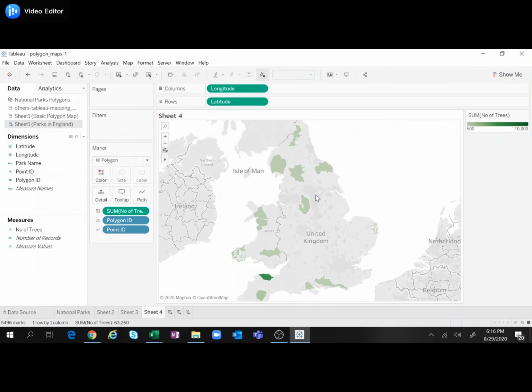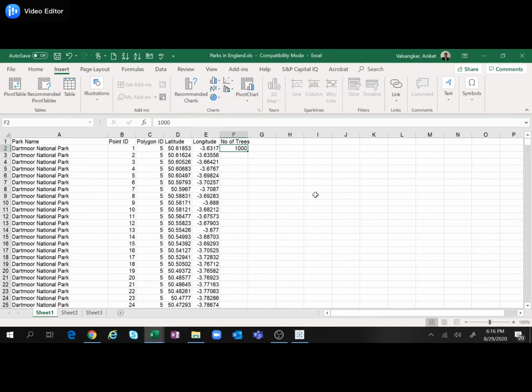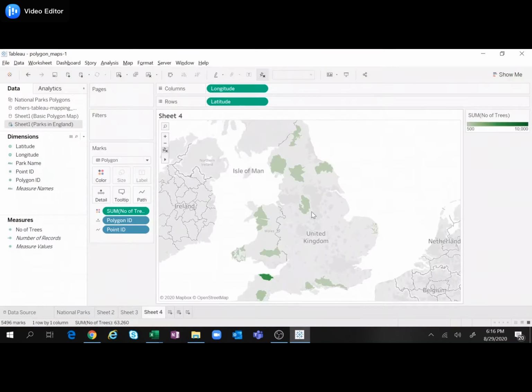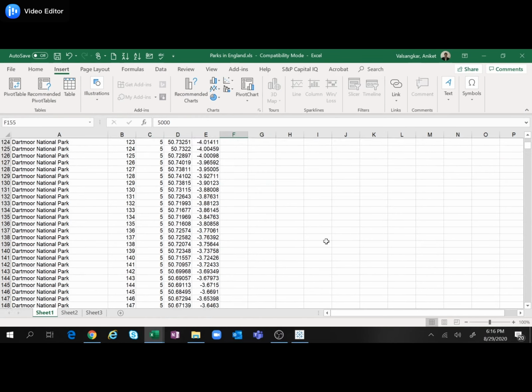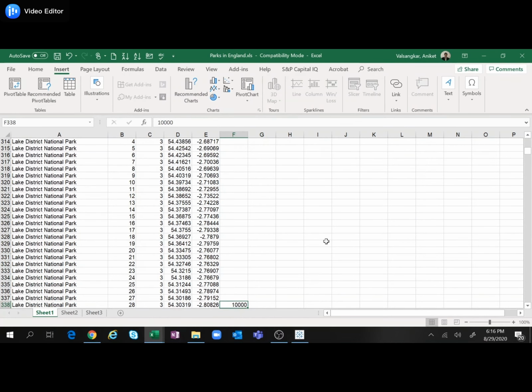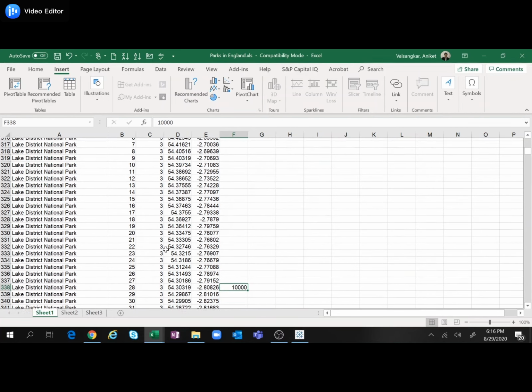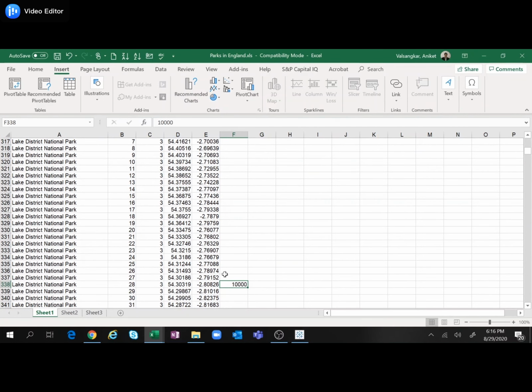Because of that, for Dartmoor, it has given 1,000 trees for polygon ID 5, whereas for Lake District National Park, there are 10,000 trees, but it is not correctly placed. It is placed at point ID 28.